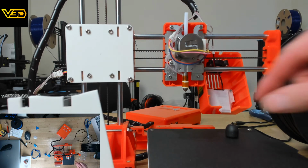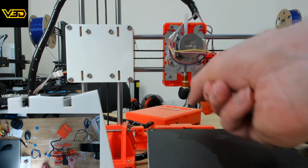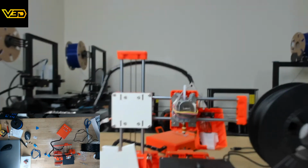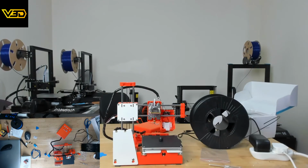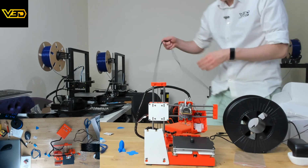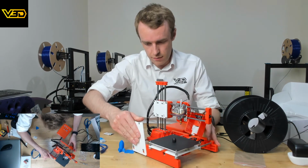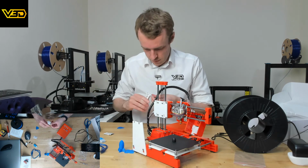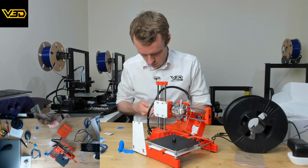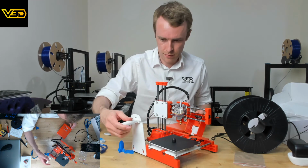Right, cool. So I don't think we're going to look at this anymore. I'm going to burn myself doing this. I'm just going to leave that there. Move this camera back. Okie dokie. So, apart from me tragically breaking this filament holder at the end, which was a little bit unfortunate, I didn't expect it to, because I took it out more than once. Anyway,